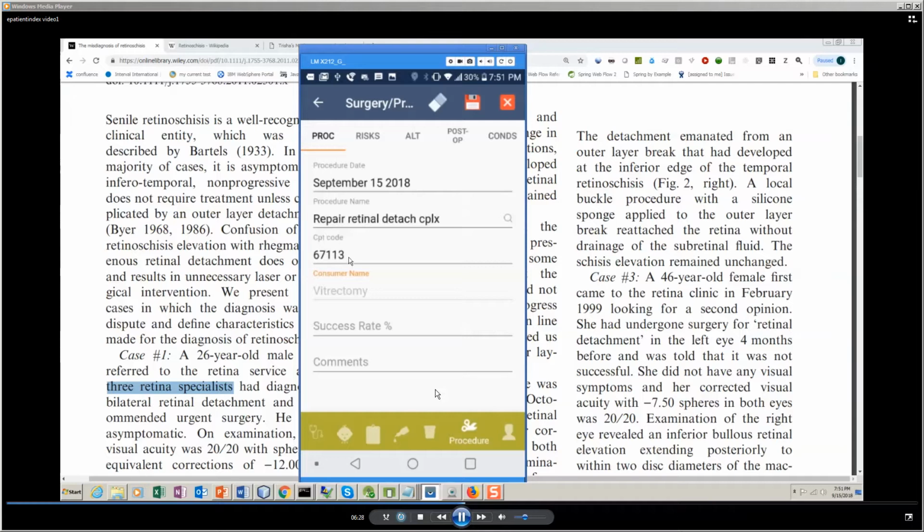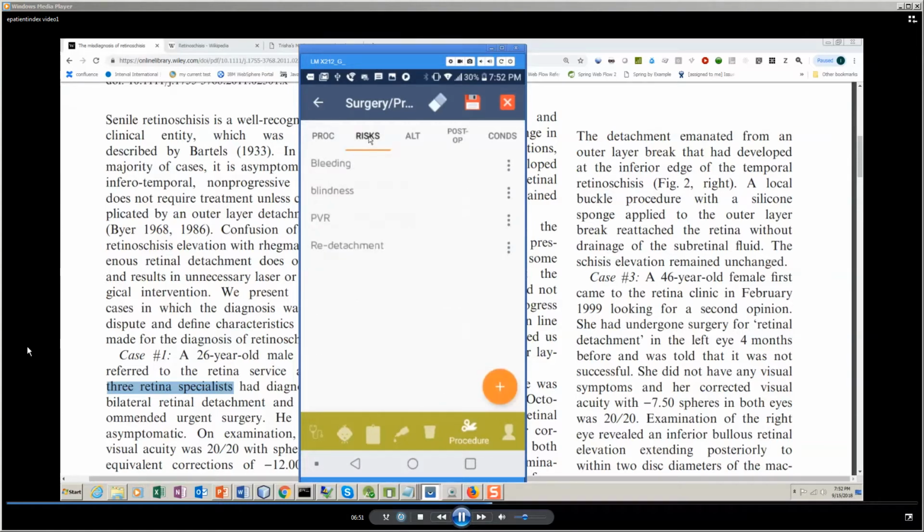You ask the doctor what's the CPT code of the procedure, and you will see the name and the consumer name, vitrectomy. The doctor is about to do a vitrectomy. And you see here the success rate. Patient index will provide you from all the patients the success or failure of 67113. But not only that, there's a possibility another patient had this procedure, so we bring you the risk automatically